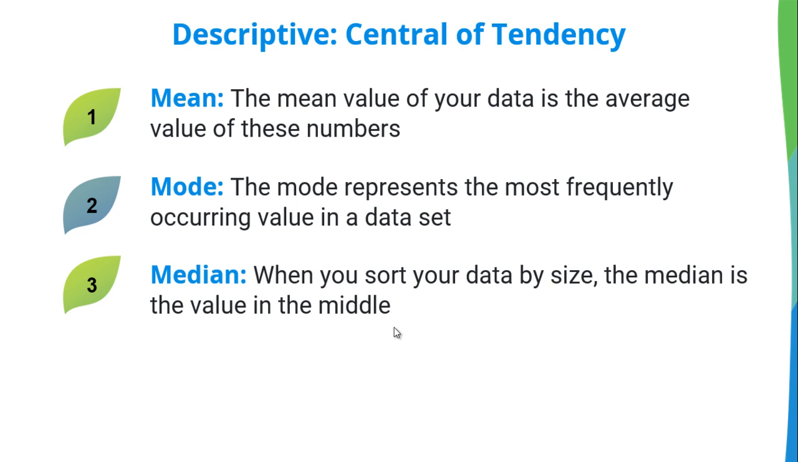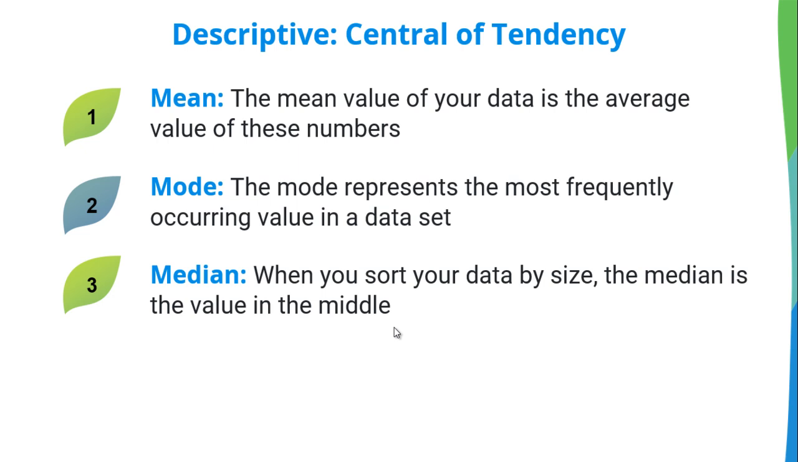We are talking about the mean. The mean value of your data is the average of these numbers. We have the mode. The mode represents the most frequently occurring value in the data set, and we have the median. When you sort your data by size, the median is the value in the middle. So these are very important